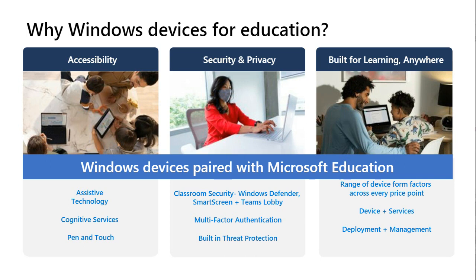When we think about classroom security on the devices, built-in things like Windows Defender Smart Screen to help students protect against unsafe websites, ads, and downloads, keeping students safe in remote Teams classrooms and meetings with safe features like Student Lobby and administration tools to set up a safe chat. Multi-factor authentication is one of the easiest things to implement to make sure that those devices are safe. And then built-in threat protection like Windows Defender Antivirus to help detect and block malware. So a lot of third-party applications you may be bringing into your technology, we're building it into our technology to help save you time and money.